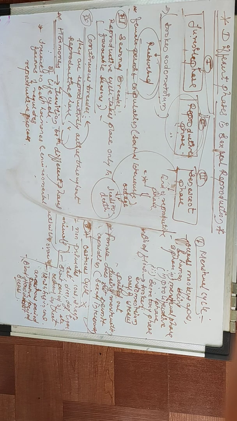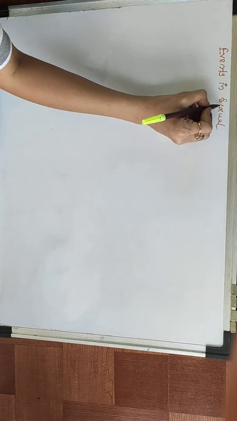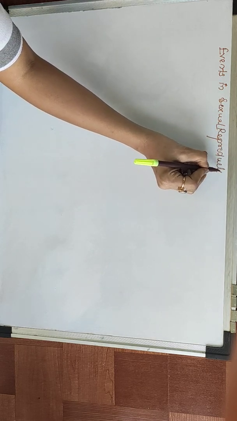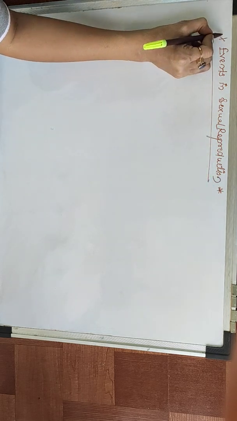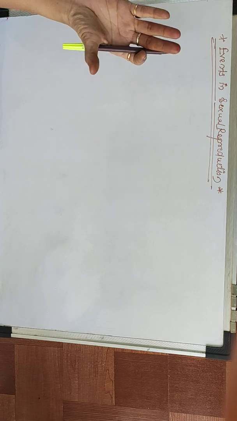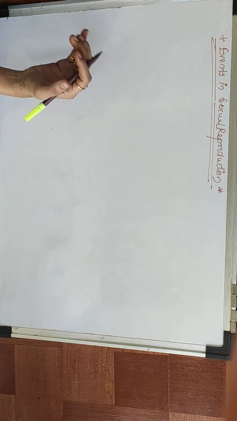Next we are going to study the events in sexual reproduction. Now we will study the events in sexual reproduction. You know that sexual reproduction is characterized by the fusion or fertilization of a male and female gamete, and then formation of a zygote and further embryogenesis. For our convenience, the sequential events